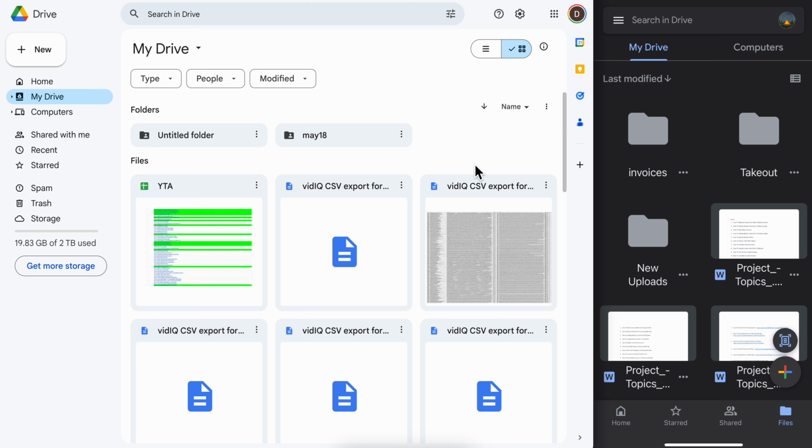In this video, I will show you how to download all files from Google Drive at once. So I'm going to show you how you can do that on your computer and how you can do that on your mobile device. So the first step on computer is to simply select one of your files, and then